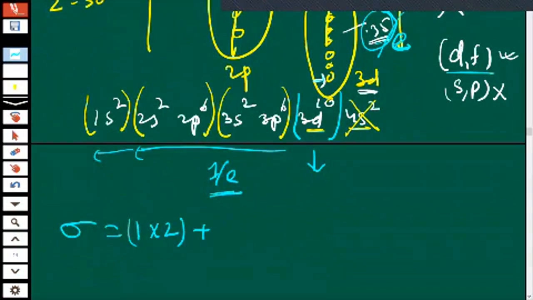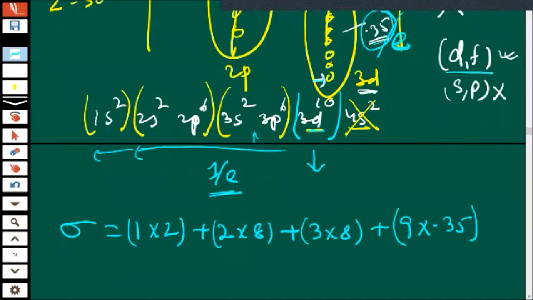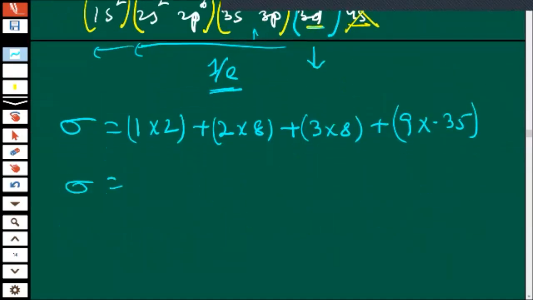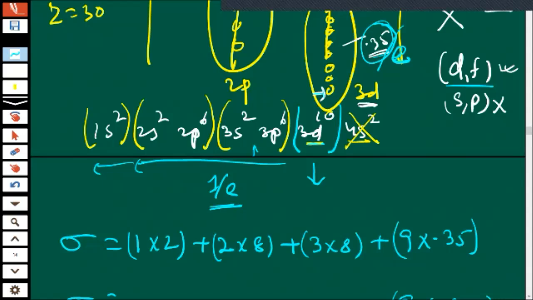In the second orbit, how many electrons are there? 8. Plus in the third orbit, and in this group, how many electrons are there? 8. So in the third orbit also 8 electrons are there, and here the group is different, no? That's why we are dividing into groups. 9 electrons are there and they will contribute how much? 0.35. This is the calculation. Or we can do it like this: just keep 9 into 0.35 and for the remaining members, you start calculating the number. 6 to 8.